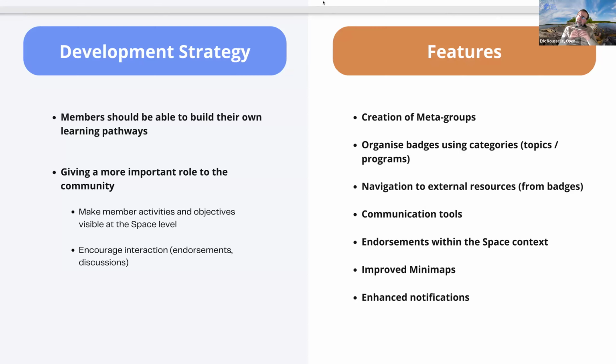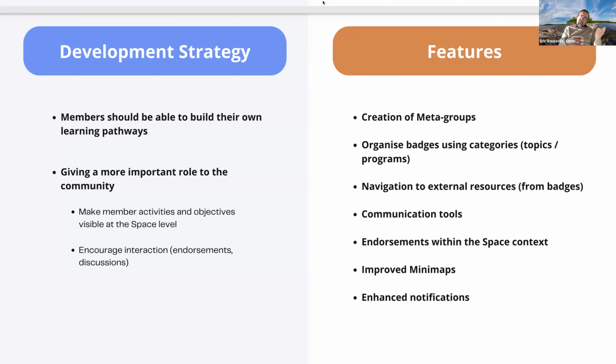One other plan is to be able to direct learners from the badge to, for example, a learning management system. Now we use badge applications very much, which are internal to Open Badge Factory, internal to the space.